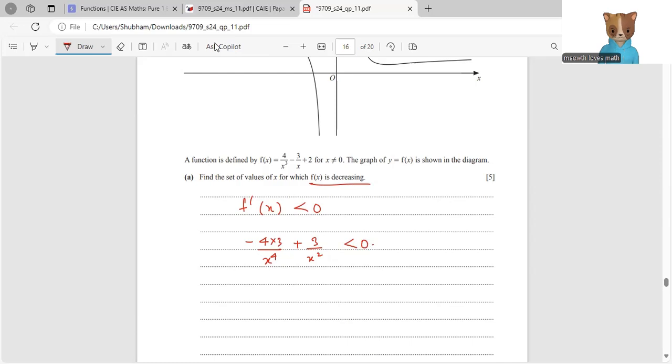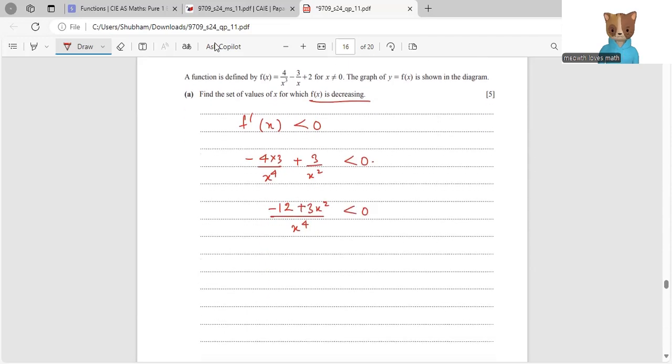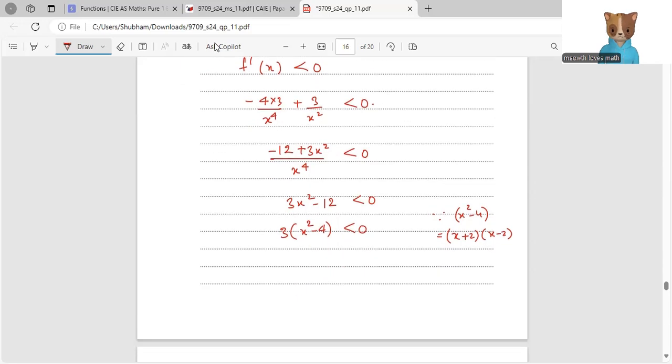So what we get here is, LCM of x power 4 and x power 2 is x power 4. And this becomes negative 12 plus 3 times x squared is less than 0. Or I can simply say 3x squared minus 12 is less than 0. And if I take 3 common, I'll get x squared minus 4 is less than 0. Since x squared minus 4 is basically x plus 2 times x minus 2, a square minus b square identity I can apply over here. So I can write x plus 2 and x minus 2 is lesser than 0, taking 3,